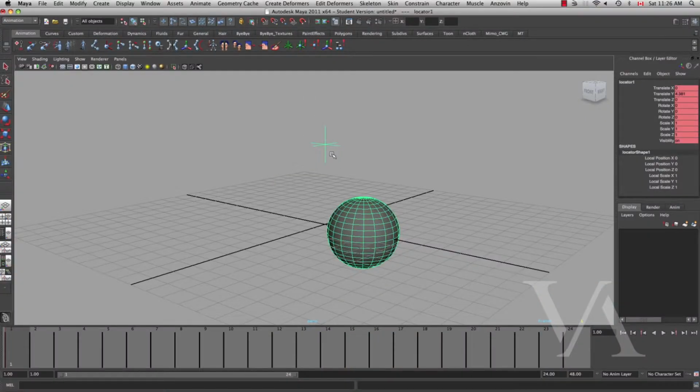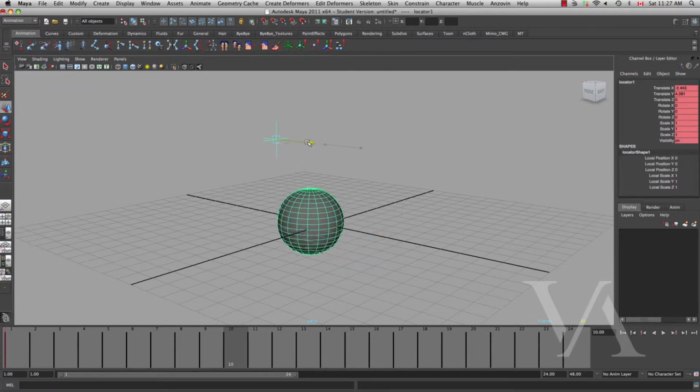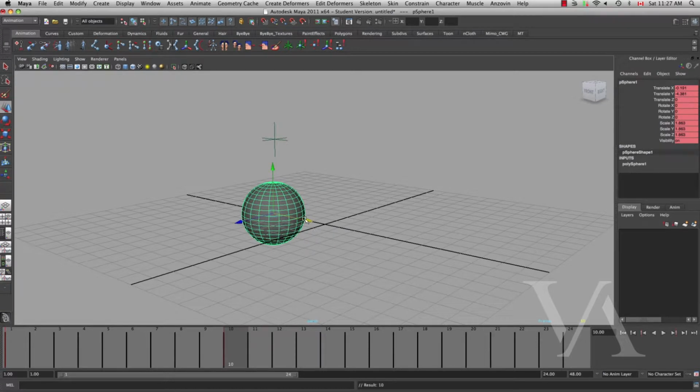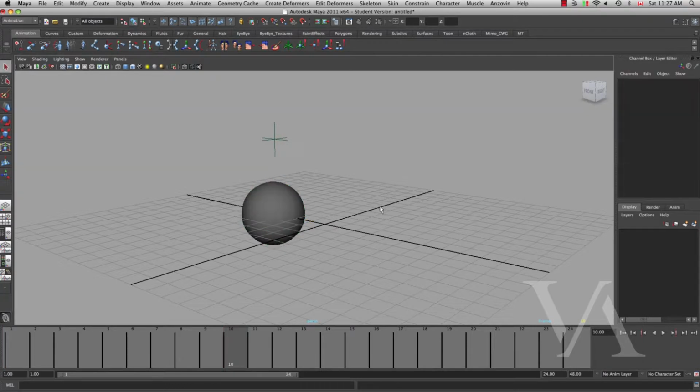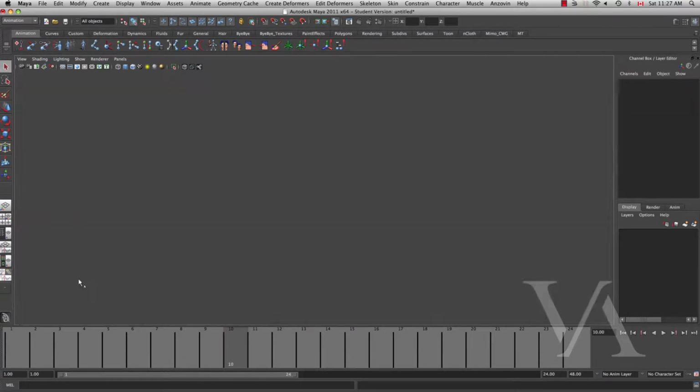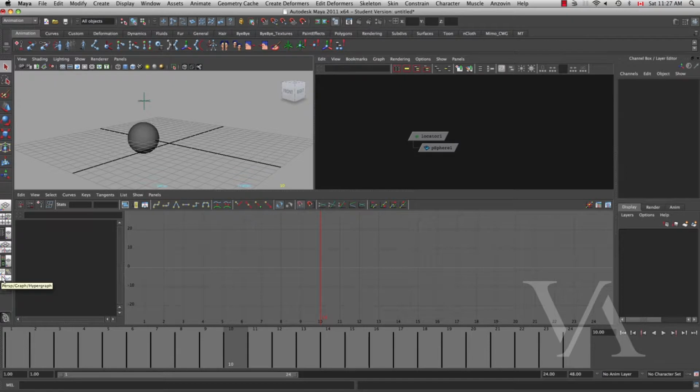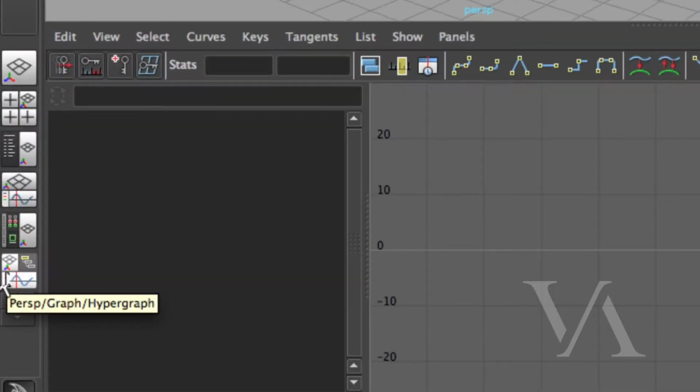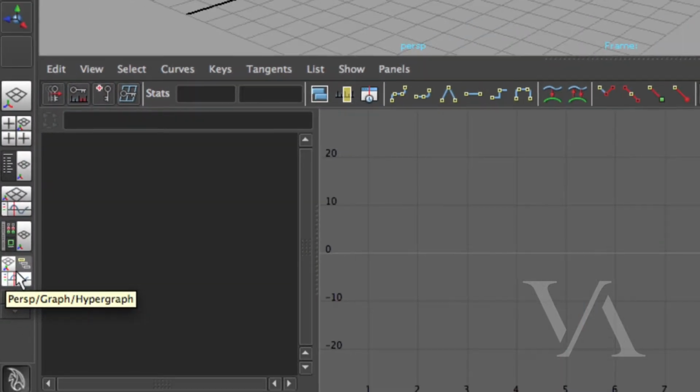So one keyframe for the locator and then one keyframe for the sphere. If I switch frames, let's say to frame 10, and I want to move the locator now, I have to move it, keyframe it, grab the sphere, move it, and keyframe it. So you can see that I'm doing something very repetitive. And if I go to the animation curves by clicking on the layout menu, which gives me the perspective, the graph, and the hypergraph, which is pretty much the nodes right there,